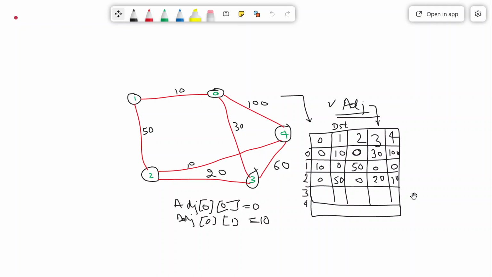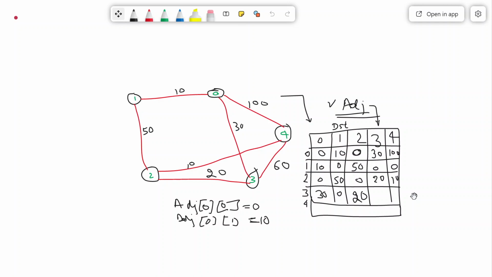Now 3 to 0, there is a link, so this is 30. 3 to 1, there is no link, 0. 3 to 2, there is a link, and the cost of the link is 20.